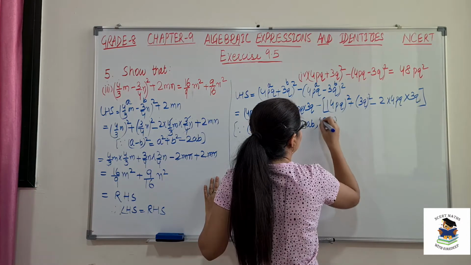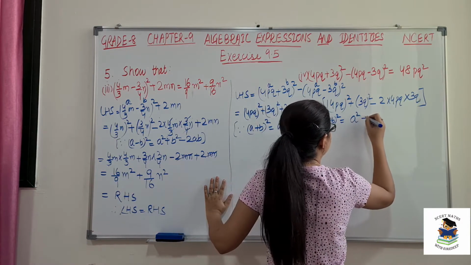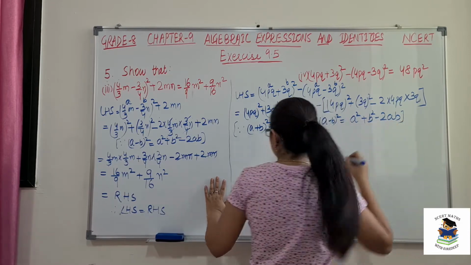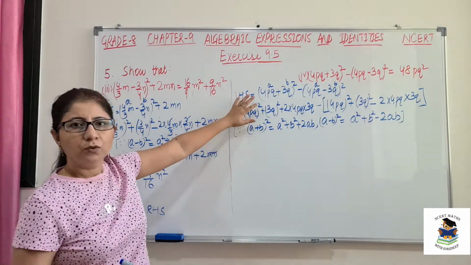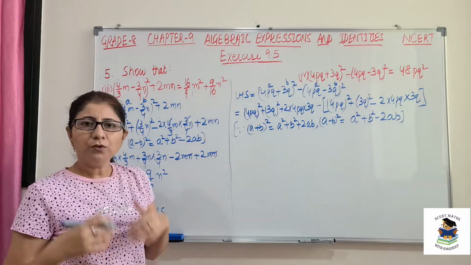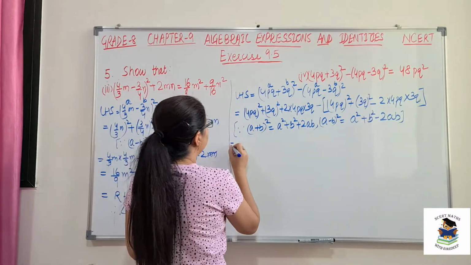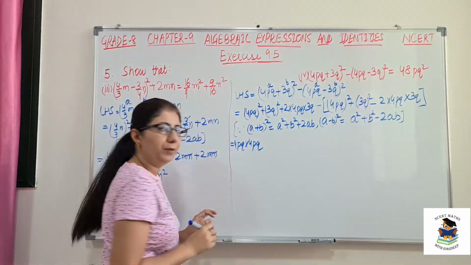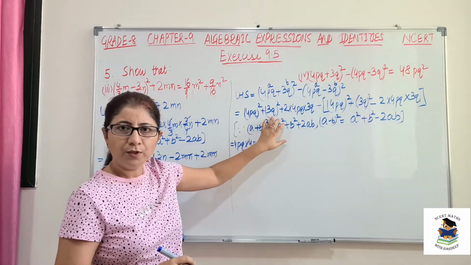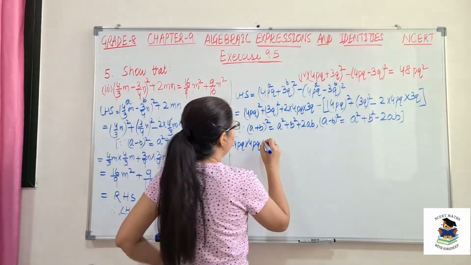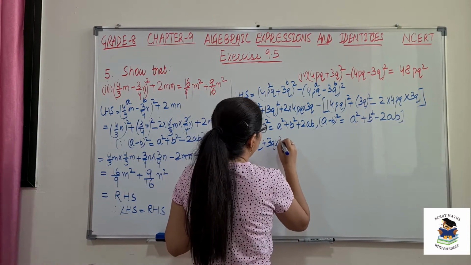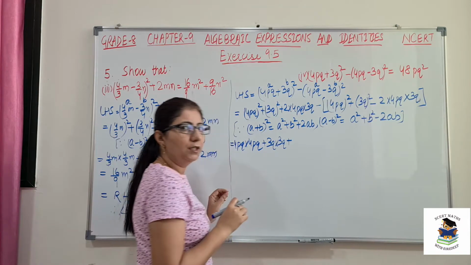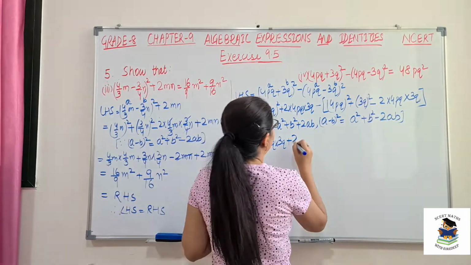(a minus b) whole square is equal to a square plus b square minus 2a. Okay. So now let's open this. This is (4pq) whole square. So that means 4pq multiplied by 4pq. So next, (3q) whole square means 3q multiplied with itself, that is 3q into 3q, and plus 2 into 4 is 8, 8 times 3 is 24. So I will write 24 here.